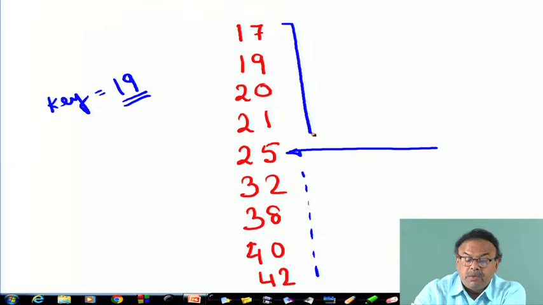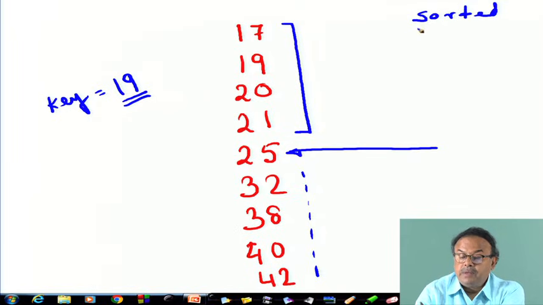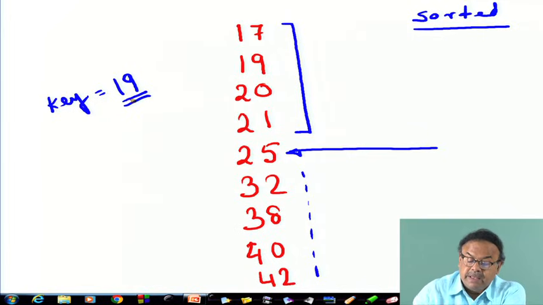Why do I say that? I can say that because this array is sorted. Otherwise, I could not have said. Since it is in increasing order, I can say that since the key is less than the mid element, therefore, it must be in this zone. And so, I come to this zone and find out the mid element again, maybe in this zone or up to this. Say I come here and find out the mid element to be this.